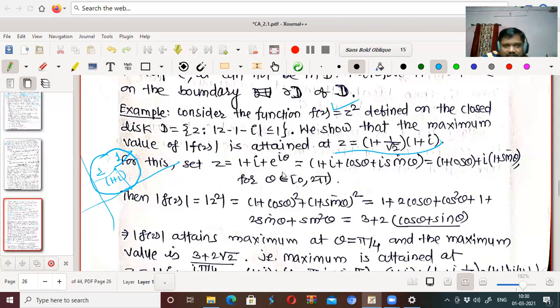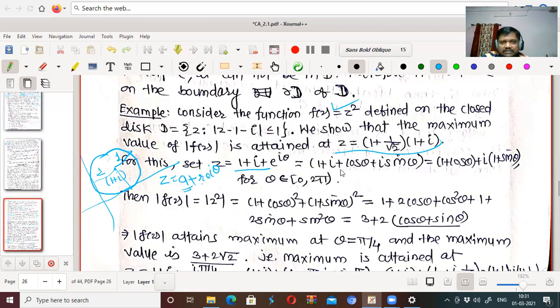z equal to 1 plus i plus e to the power i theta. What are we taking? Consider z is equal to 1 plus i plus e to the power i theta, which is the circle. This is a plus r e to the power i theta. Every z having center at a and radius r, we express it as a plus r e to the power i theta. Now here center a means 1 plus i, that's why we have taken 1 plus i. Radius is 1, so we have taken r is 1. Therefore we have said z is equal to 1 plus i plus e to the power i theta,